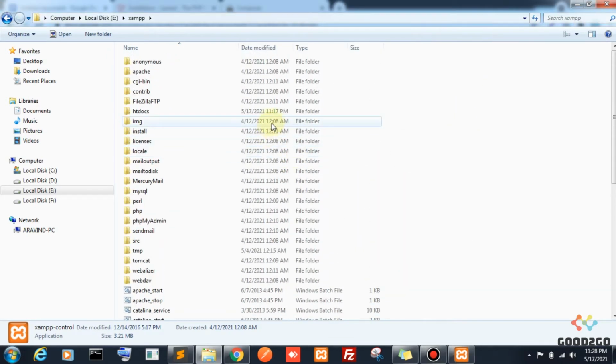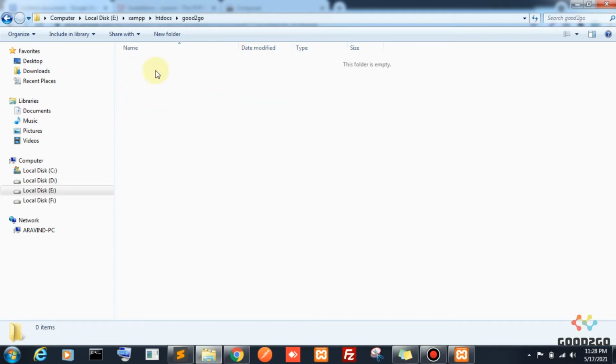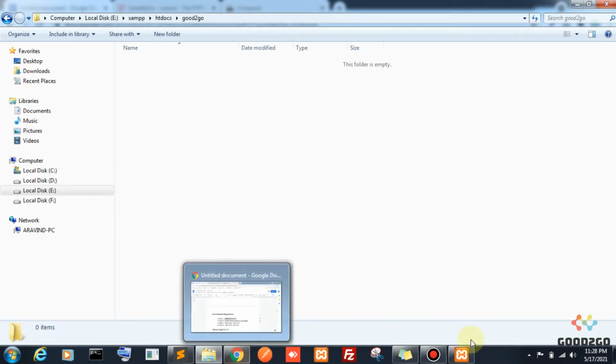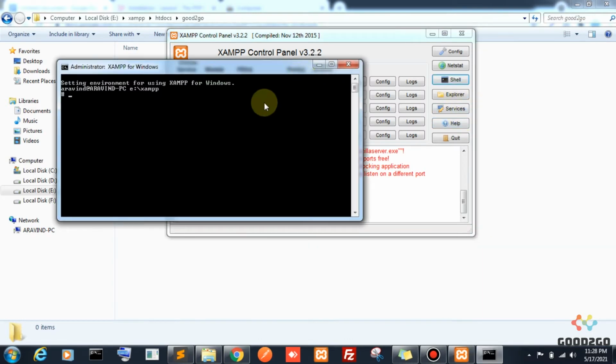If you are installing the Laravel package, where will the package be held in XAMPP? The htdocs folder is where we are going to create our projects. I already created one, a Good to Go folder. Here we are going to install our Laravel package. So we need to start a command line prompt and navigate into htdocs.